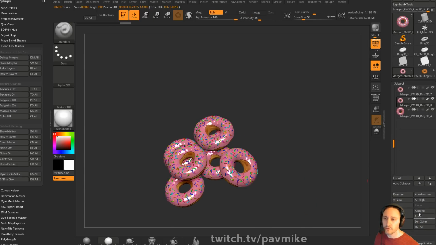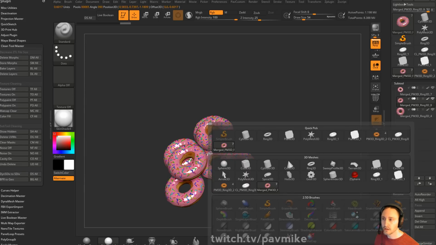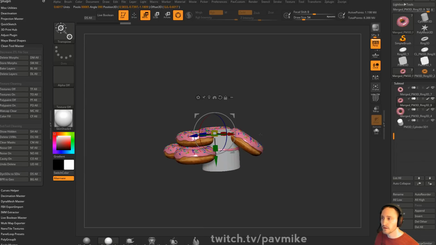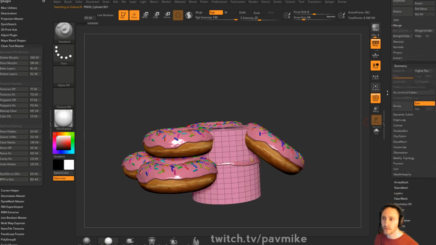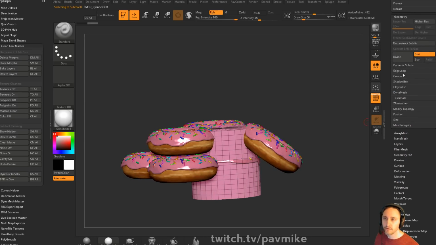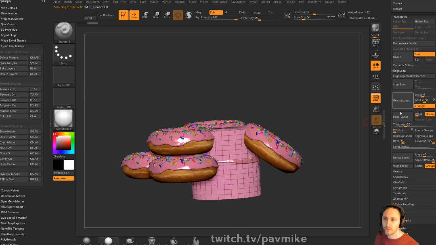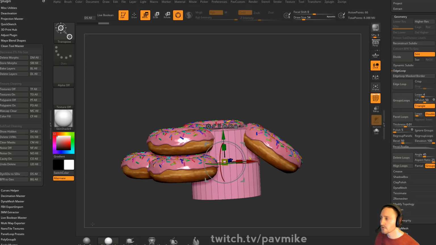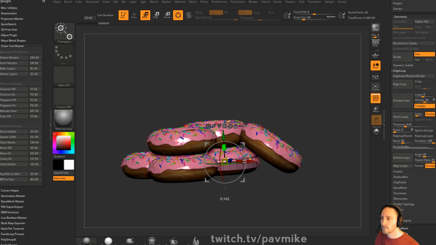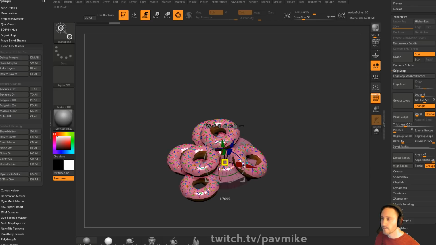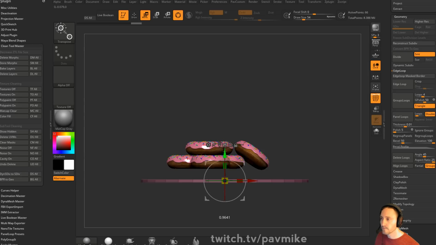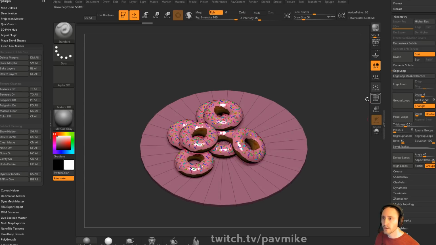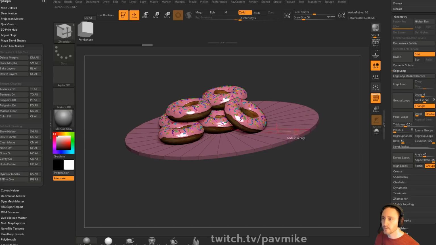Okay, so we've got this. And then we're going to append our trusty cylinder. And on this one, I'm going to take the cylinder and I'm going to say, turn off perspective, edge loop, delete loops. And now we already know how to make a plate. So we can go through here. Let's do